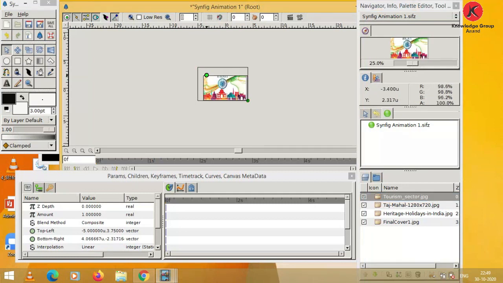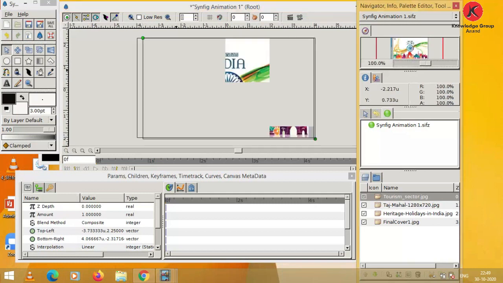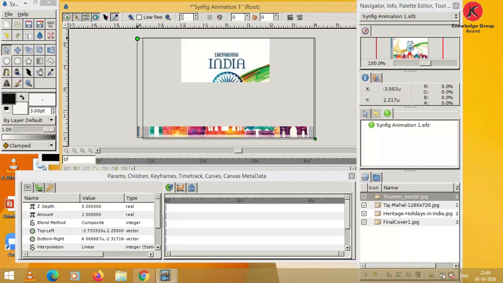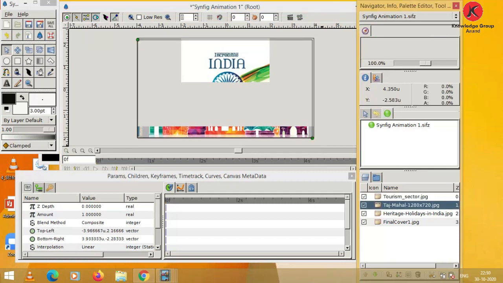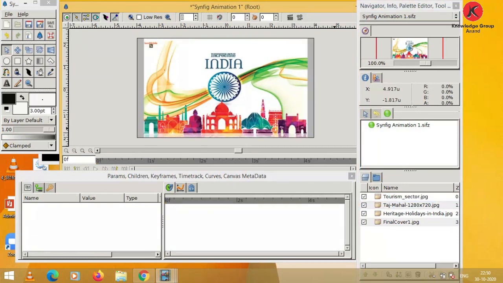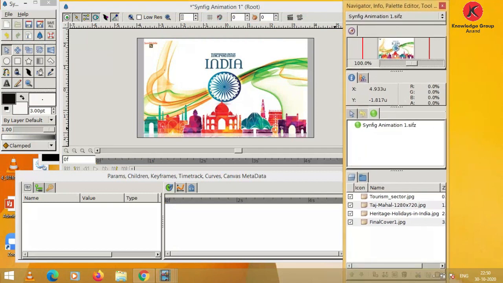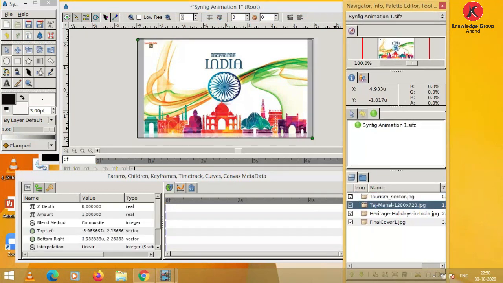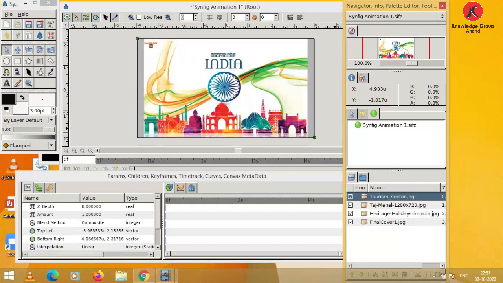I inserted the images, so in total there are 4 images here on the canvas window, and you can see there are 4 layers. Finally, we have all the images on the canvas. You can see in the layer panel also, there are 4 images.